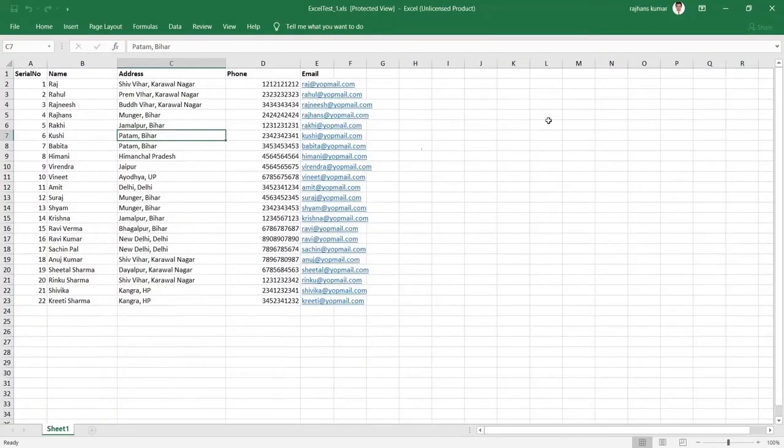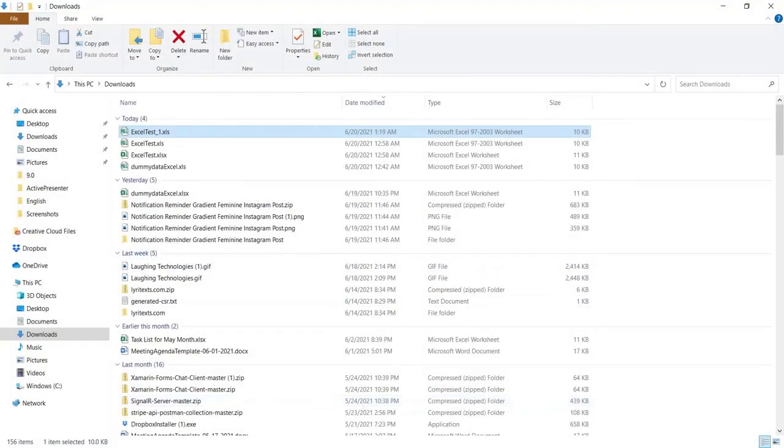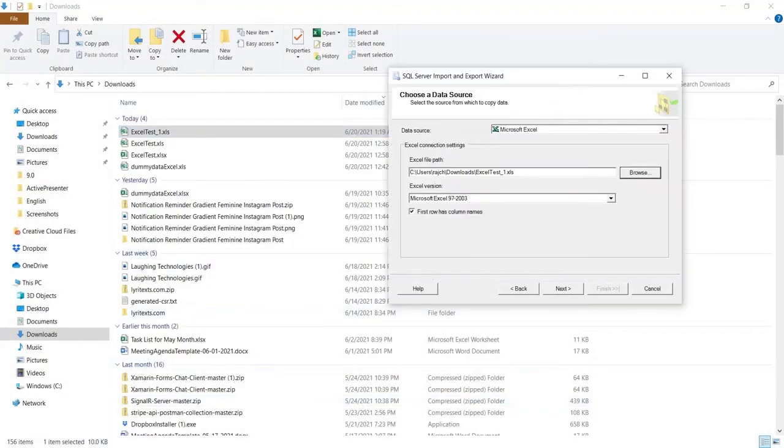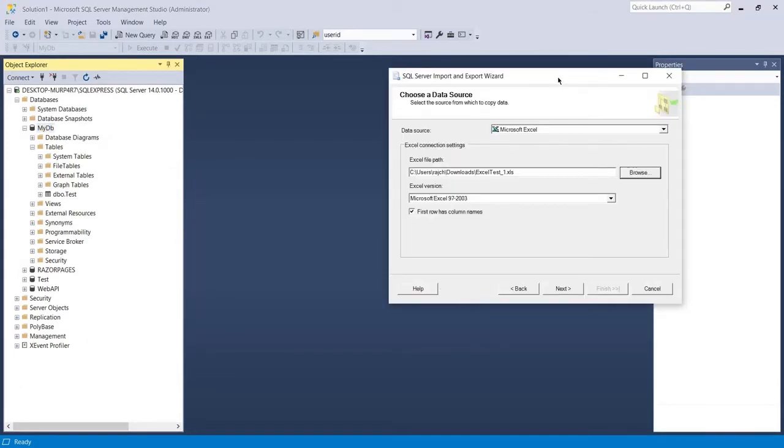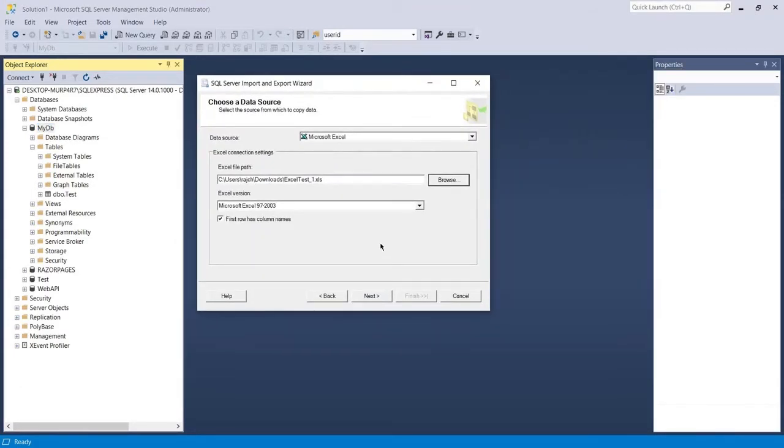Let me show you the Excel file as well, what I am importing. You can see this is my Excel file, and I actually have 5 columns here. All these are the data with 23 rows including the header. So all these things will be imported into the SQL Server. I will close this one now, and go ahead in the wizard. I will click on Next because I have chosen the file here.